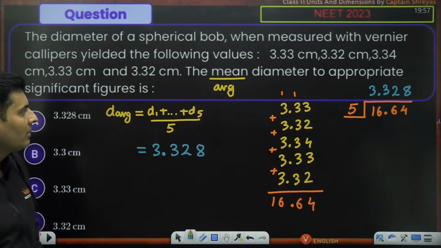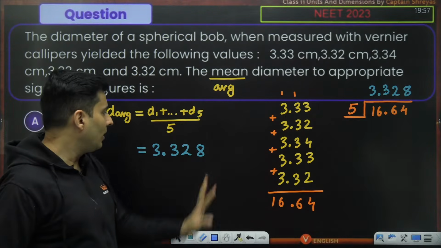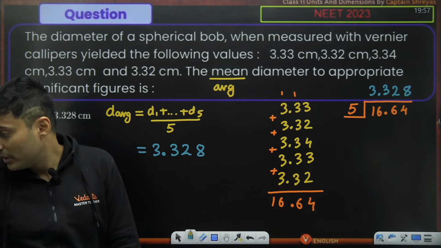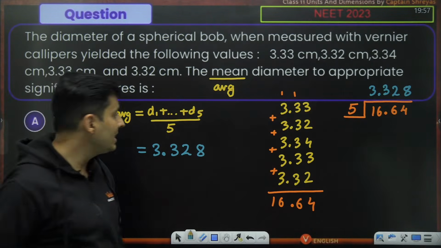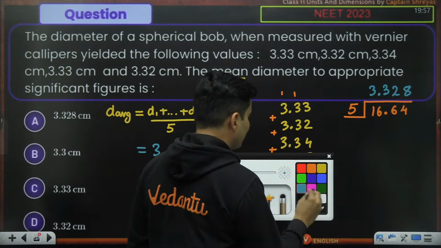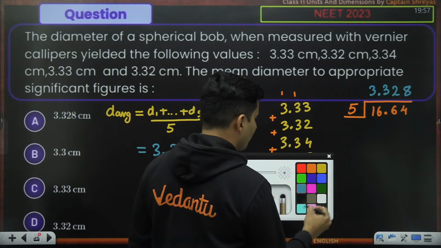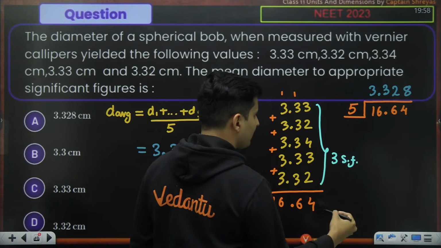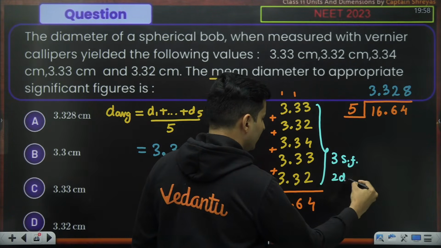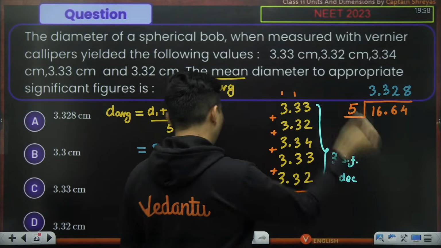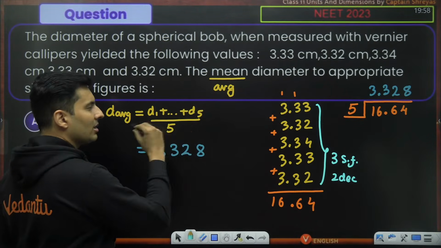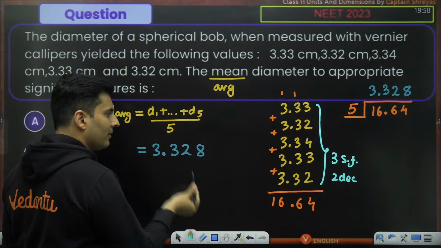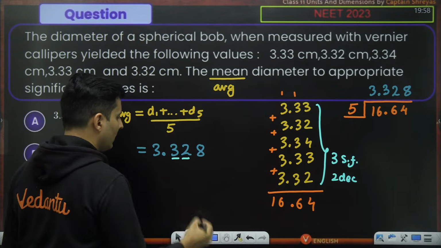because I think you will get negative marks. Because check it, all of them have how many significant figures? How many significant figures, guys? 3 significant figures. Yes, all these numbers have 3 significant figures, or basically 2 decimal places. So the final answer, when you do addition, what should it be, guys? It should also have exactly 2 decimal places.